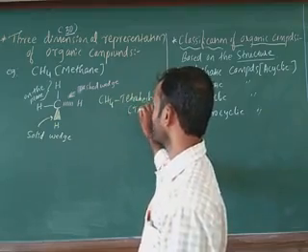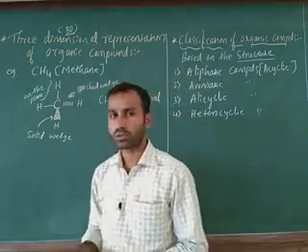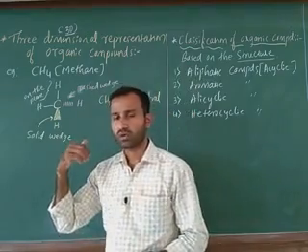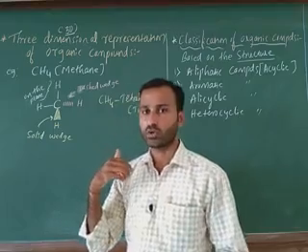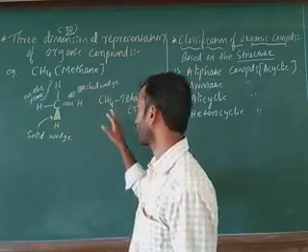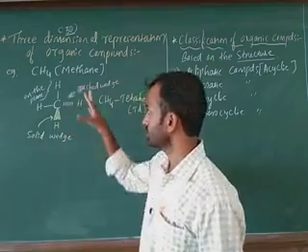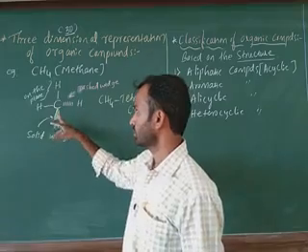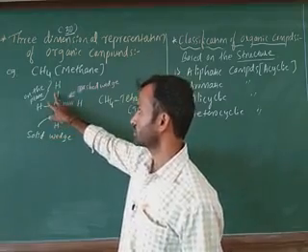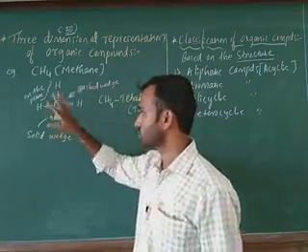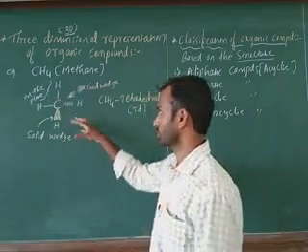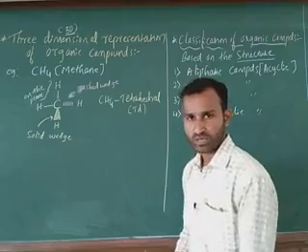Tetrahedral, short form is TD. You know the tabular column representation, no? What is the bond angle for tetrahedral? 109 degrees 28 minutes is the bond angle for tetrahedral. This is one example of three dimensional representation. Totally 3 representations are possible, that is why it is called a 3 dimensional representation.